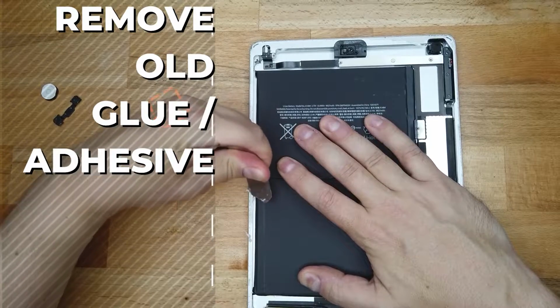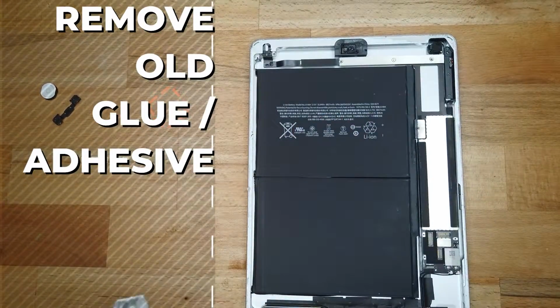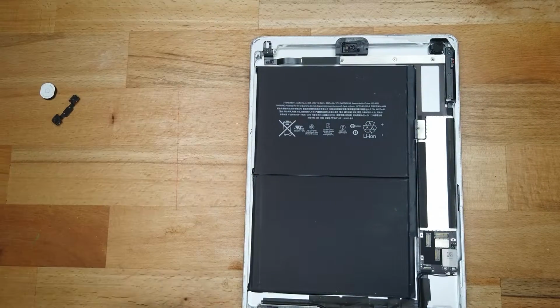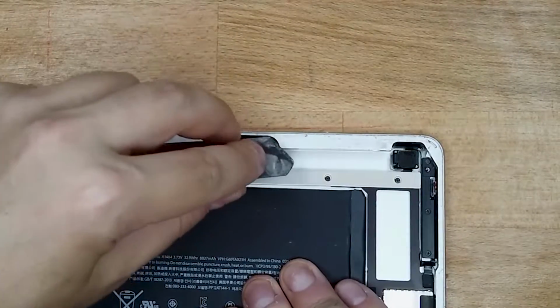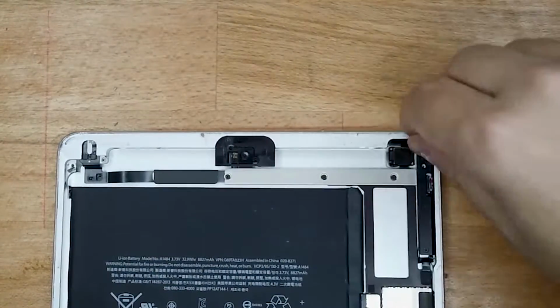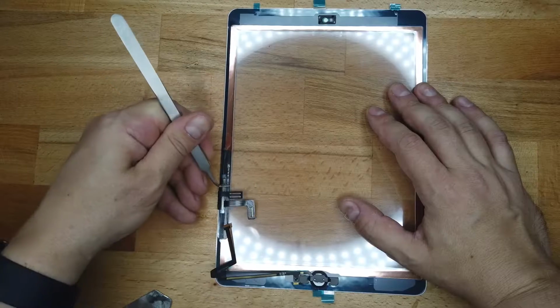Okay, the next step is removing the old adhesive. Now, you can just use anything you want really just to scrape it off. I use the eye opener, I find that easy, but look, whatever you find is best for you. And you slowly just scrape that off, and once that's scraped off, you just get a bit of rubbing alcohol, nail polish remover, and you can just simply do a final rub